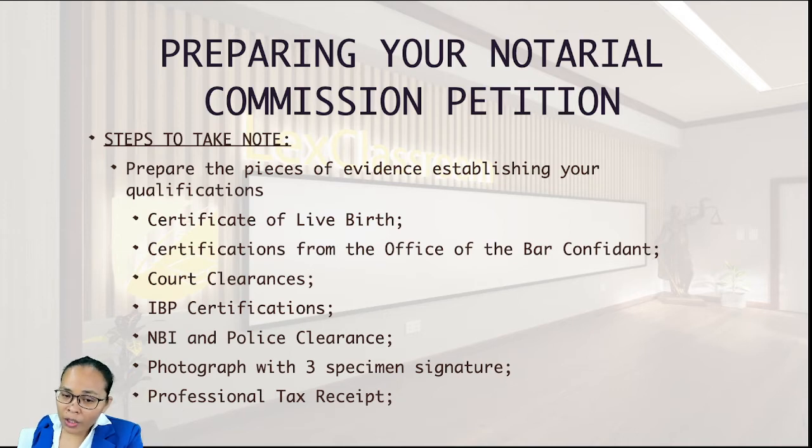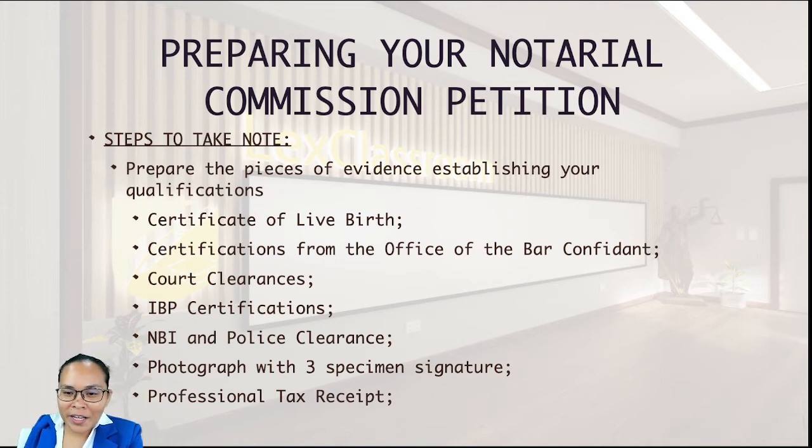Now you are to provide your professional tax receipt. Again, the office that issues the professional tax receipt is the office of the treasurer, could be the municipal, province, or I think the city. As to the municipal, I'm just not sure about it. I will look into that and mention it in the next lesson.